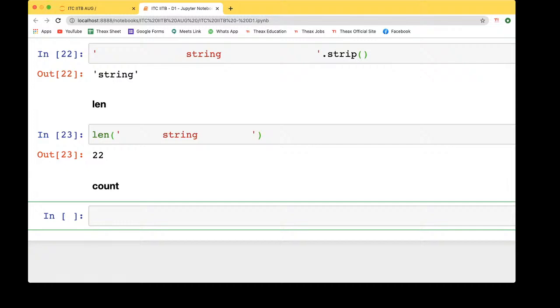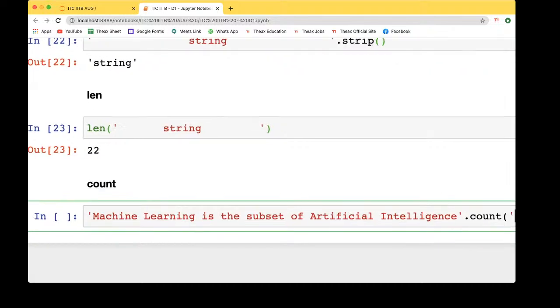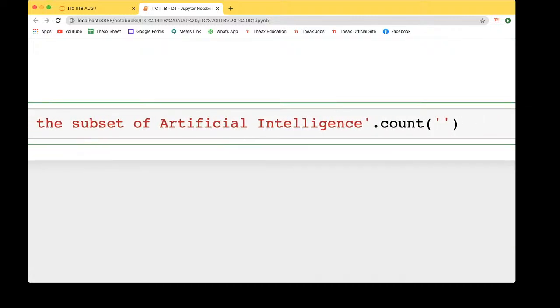So let's say we write: machine learning is the subset of artificial intelligence, and you want to count the number of S being repeated inside this, or the number of A. So we'll just write count, and inside the parenthesis we write whatever we want to count.